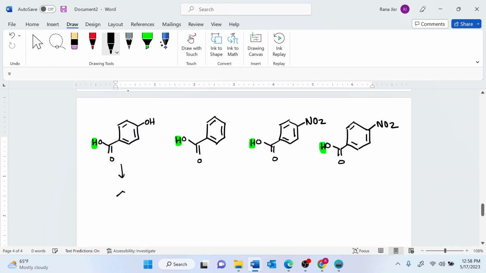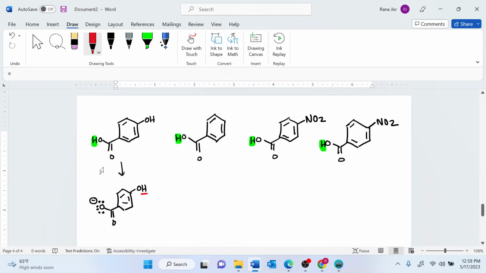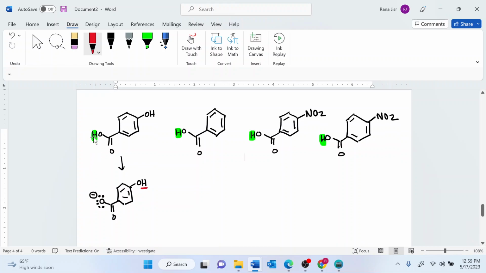Change each one of them into a conjugate base. So we're going to change it into a conjugate base. Now notice that when I chose the acidic hydrogen for the first structure, I didn't choose the hydrogen that is connected to the oxygen here, because between an alcohol, a hydrogen that is close to the oxygen, this is an alcohol functional group, and an acid functional group, the hydrogen connected to this oxygen is going to be way more acidic. This is why if you have a base, the base will come and take this hydrogen and create the